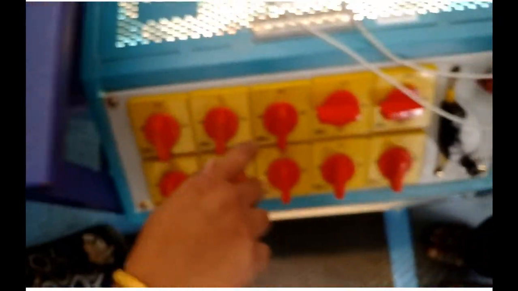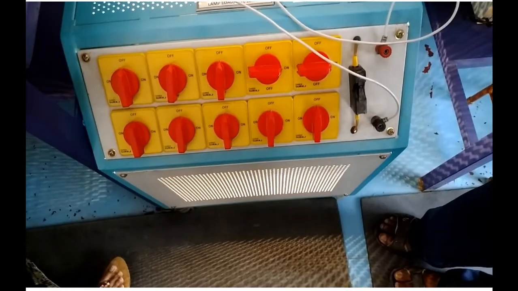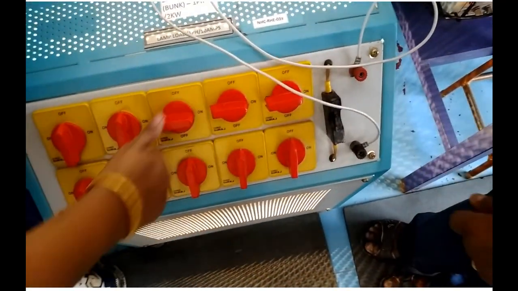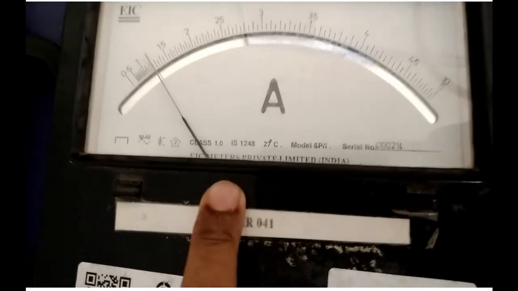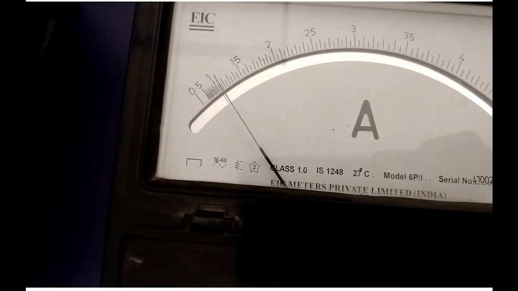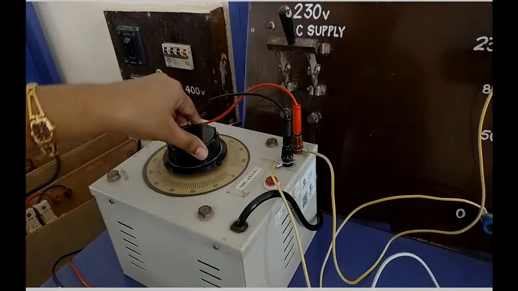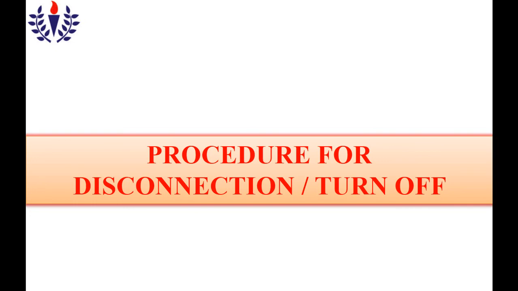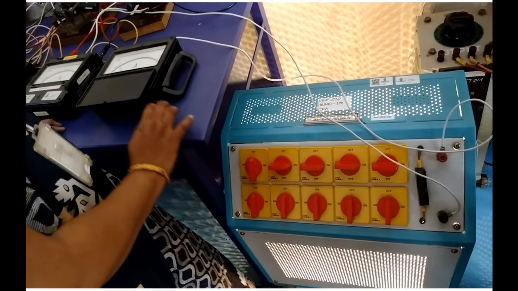So this is the next thing, you have to increase the load and observe the current readings. So increase the load and the same way see the current I1, current I2 and the load current. So up till the rated current you can increase the load and you can note the readings. So till rated current you can observe the values.